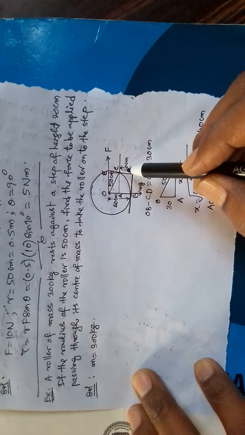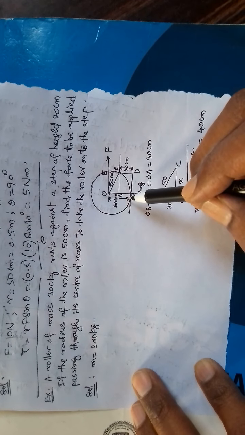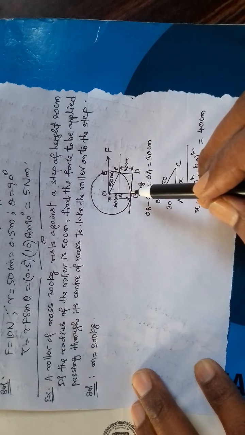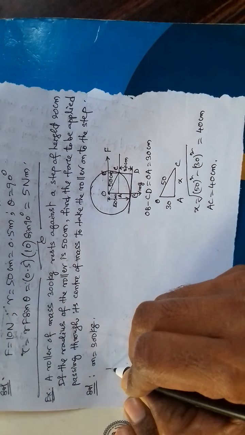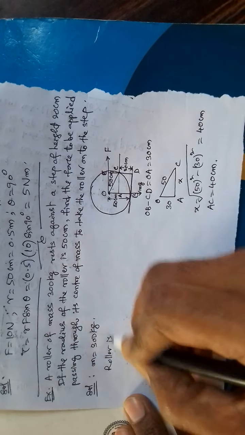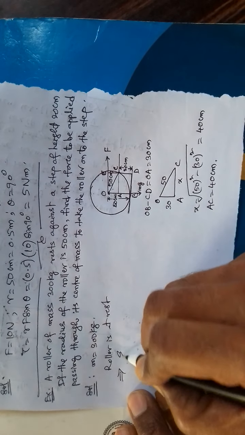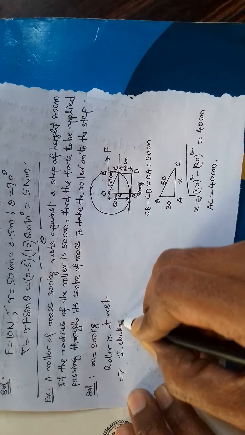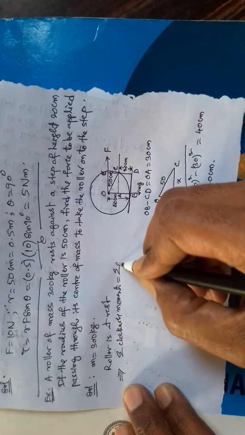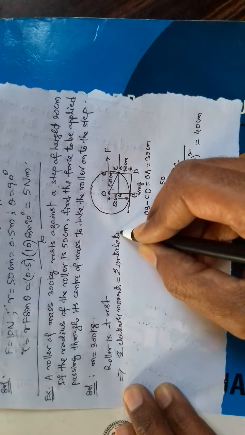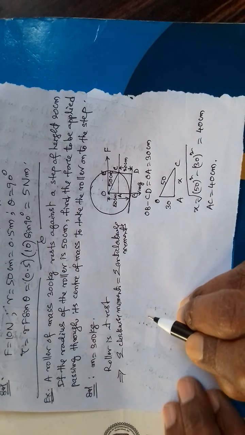But now, under the action of moments of forces, this roller is at rest. So this roller is at rest means the sum of clockwise moments. See, let me write here. The roller is at rest means it suggests that the sum of clockwise moments is equal to the sum of anti-clockwise moments. Then only it can be at rest.